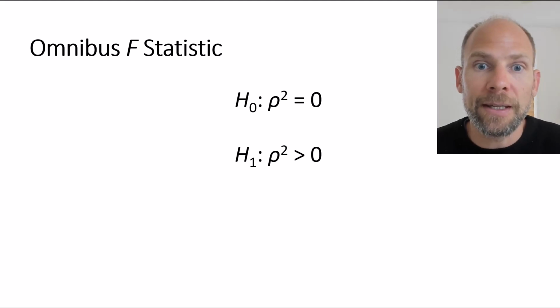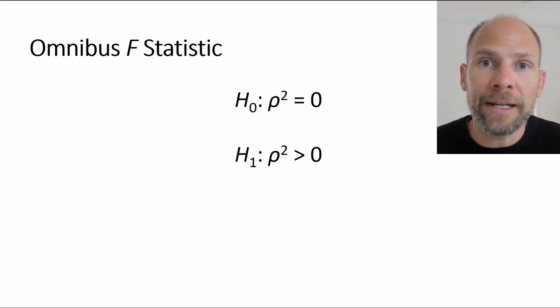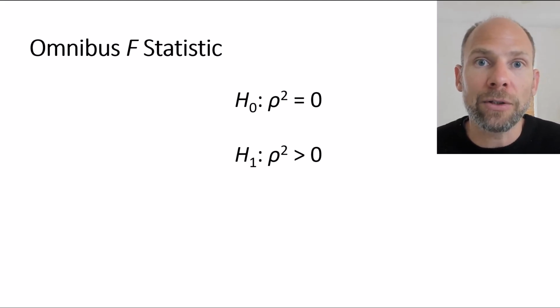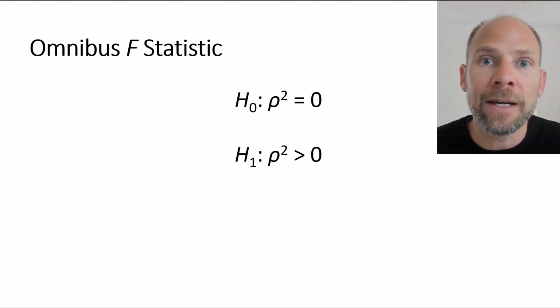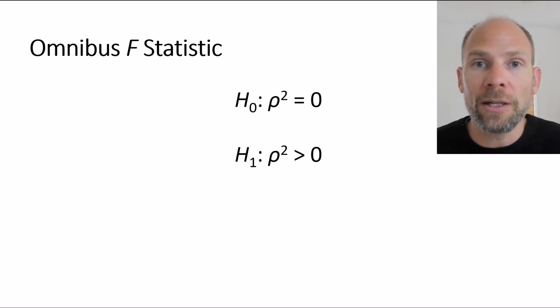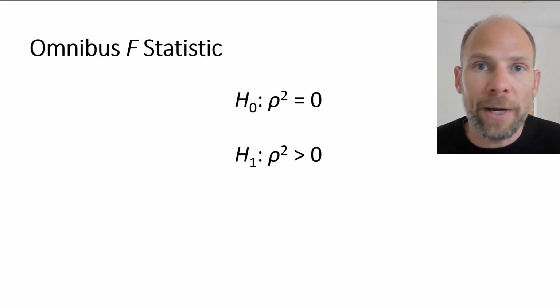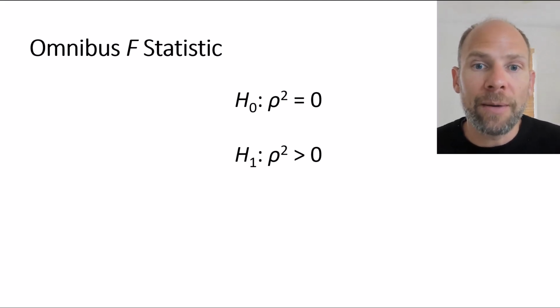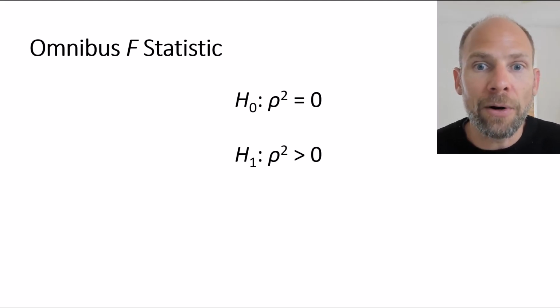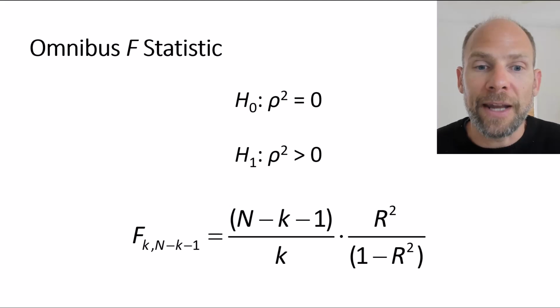So here you can see that the null hypothesis is rho squared equals 0. Rho is the Greek letter that is used to indicate the multiple correlation in the population. And so rho squared then is the coefficient of determination in the population. And the null hypothesis is that that squared multiple correlation is 0 in the population. The alternative hypothesis is that rho squared is greater than 0,